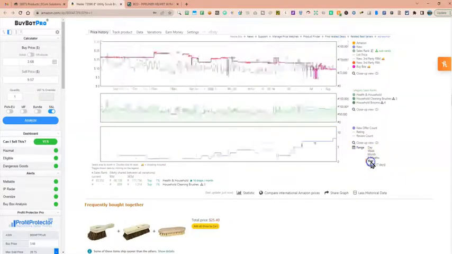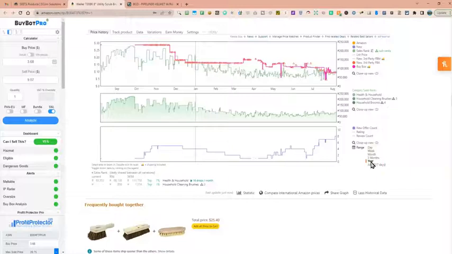Let's go back and look at a year. I mean, back here it was at a good price. But yeah, not something. Anyway, the point of showing you this listing was to show you how to do the small and light. And let's say this was something we were going to buy. First, we would have to buy it and then get it shipped. And then you could go into